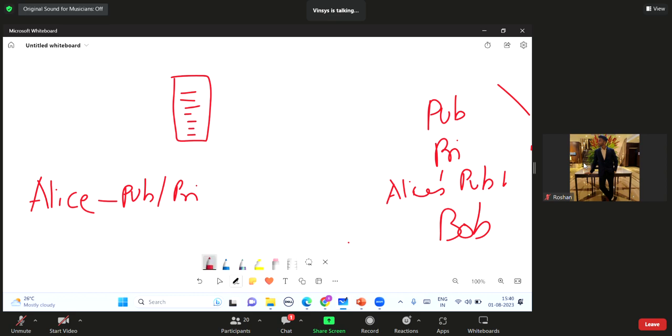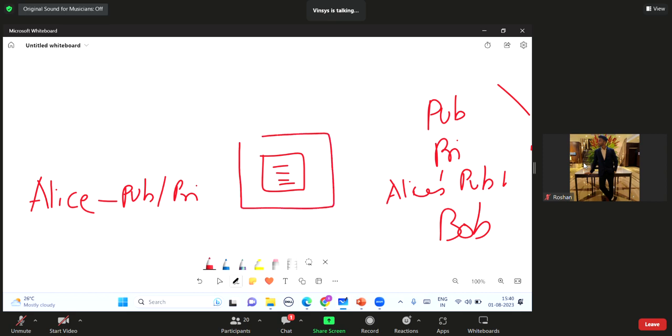She will encrypt this file. So in short, this is the file, and she wants to share it with Bob. So what will she do? She will encrypt that file. In short, she is just putting it in an envelope. Now she is going to seal this envelope and lock it. And which key is she going to use to lock this file so that only Bob should be able to read it? Anybody?